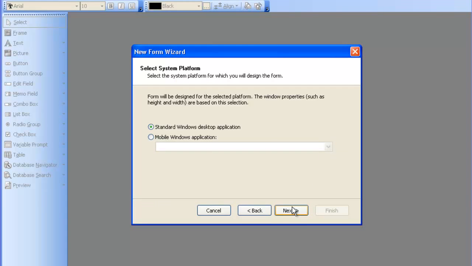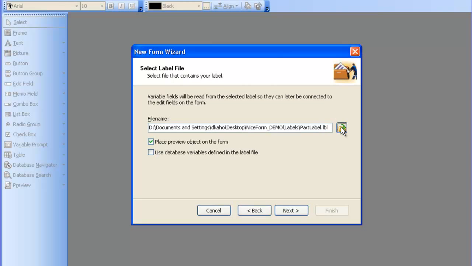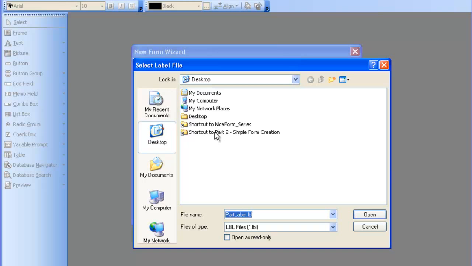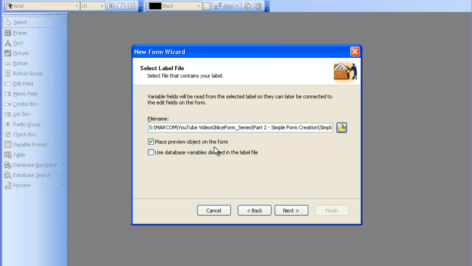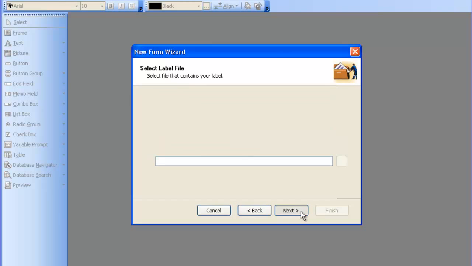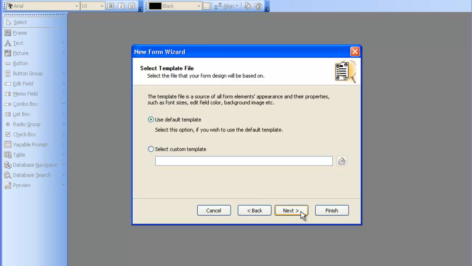I'm going to point to my desktop. I'm going to grab the label that I'm going to be making the form for. I do want a preview object, so I'm going to make sure that's checked. I don't have a database connection, so I'm going to leave that unchecked. As far as default template, field arrangements, things like that, I'm simply just going to accept all the defaults and